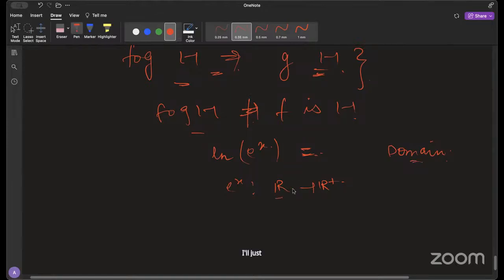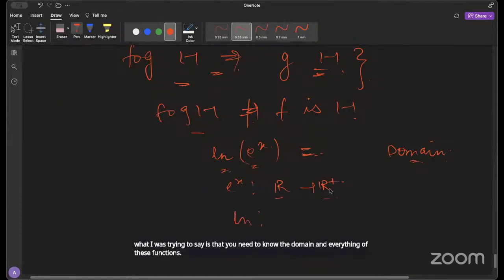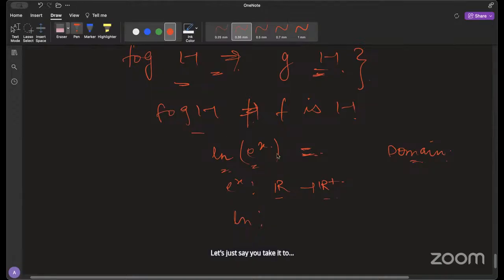Just say that you're taking the domain to be R, and then this is it. So what I was trying to say is that you need to know the domain and everything of these functions. Let's just say you take it to be this thing, and you're taking this to be from natural log of R plus to R. If you're taking these, this is the domain and codomain you're taking,